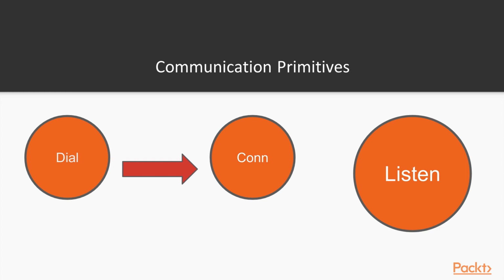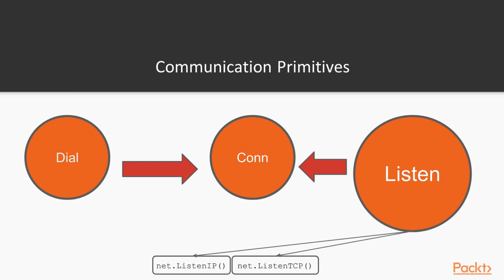When writing server programs, listening is the mechanism used to announce where and how on the network the service can be reached. Go uses a listening function to block and wait, then create a new connection when a request arrives from a remote host. As before, Go defines several listening functions for each respective protocol, including ListenIP, ListenTCP, ListenUDP,